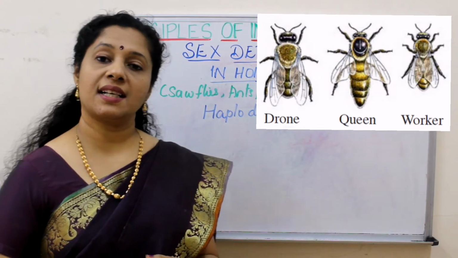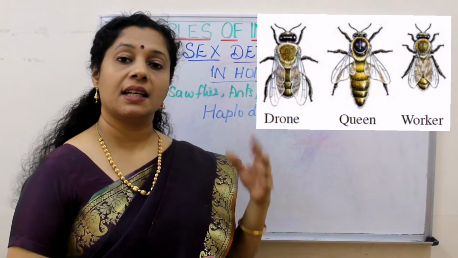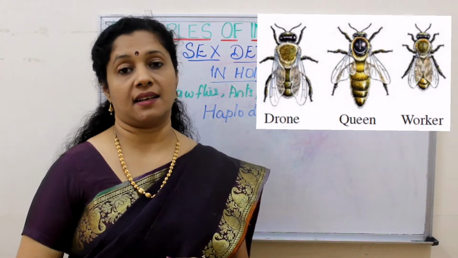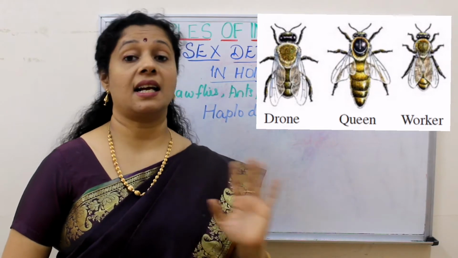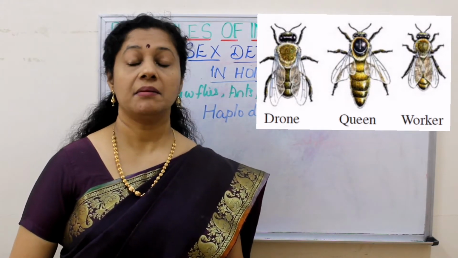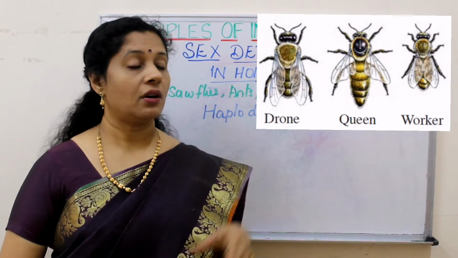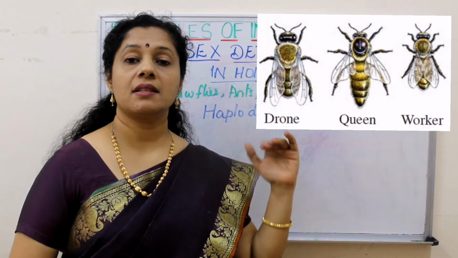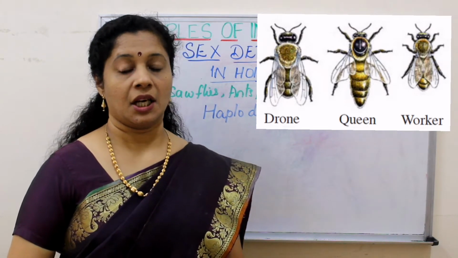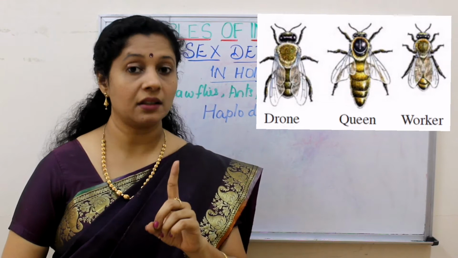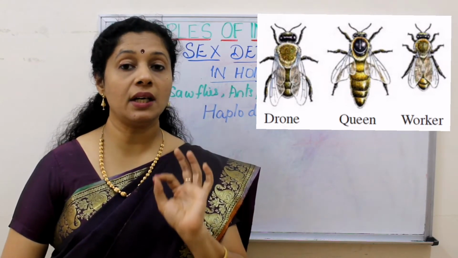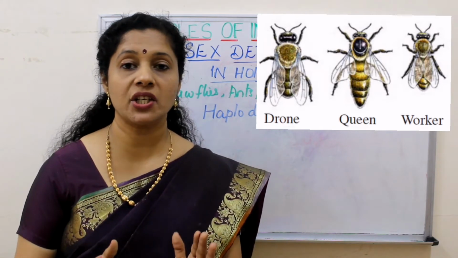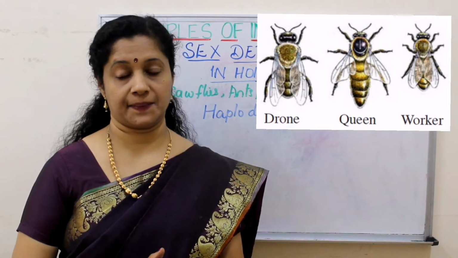Of these, drones are the males, whereas the queen is only one in a colony. And workers are thousands. And workers are sterile also. Do you know the meaning of sterile? Not able to reproduce. So drones and a female queen are fertile, whereas worker bees are sterile. But there is only one queen in one colony, and she is the only member who is privileged to lay eggs. And she is the one managing all the colony activities.